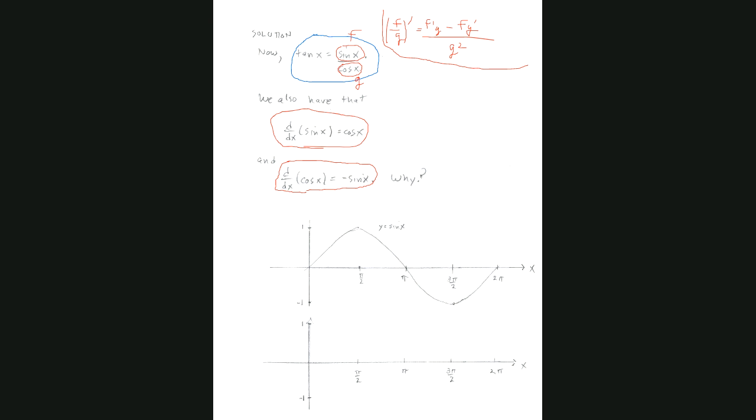Okay, but we should ask ourselves, why is that true? Right now, you're being told these two rules, but I think it's important that you appreciate why the derivative of the sine function is the cosine, and why the derivative of the cosine function is minus the sine. And to help you intuitively feel comfortable with that, we're going to rely on a concept you learned back in section 2.7,